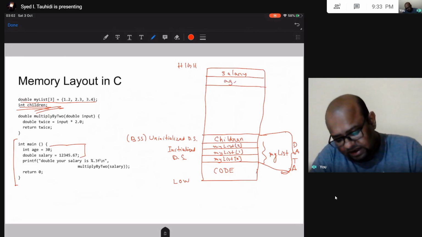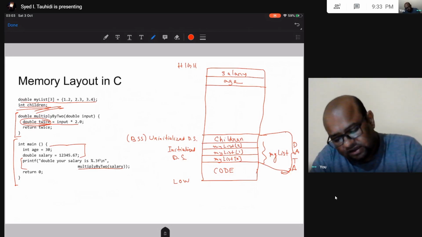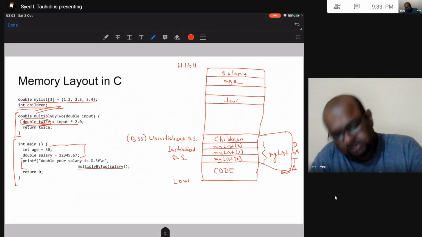Then multiply by 2 salary, this function, is going to be called. So when I call this function, I have another local variable in this function, multiply by 2. This is going to be allocated some space, and once I'm done, this is going to be deallocated.